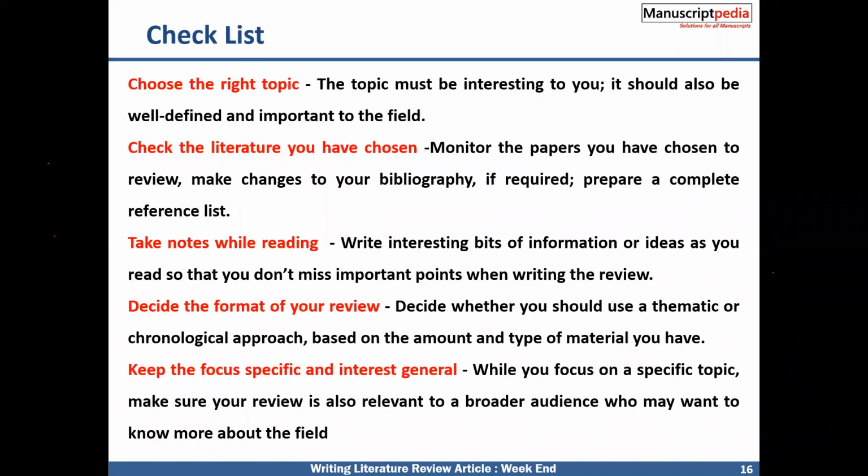So this is the final checklist you have to do before writing a literature review. You have to choose a proper topic. How does a proper topic come? You can go through a lot of literature review paper topics. If you search in Google Scholar, for example, MR fluid review, there will be a lot of review articles. See how the title and the topic should cover the readers, so that they read soon. According to that, you have to write the topic.